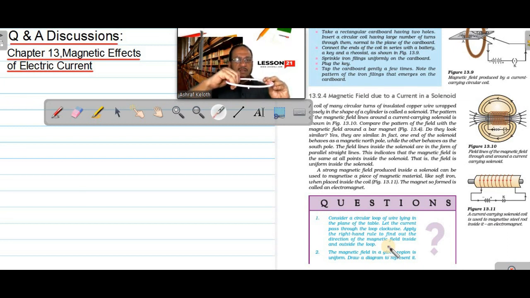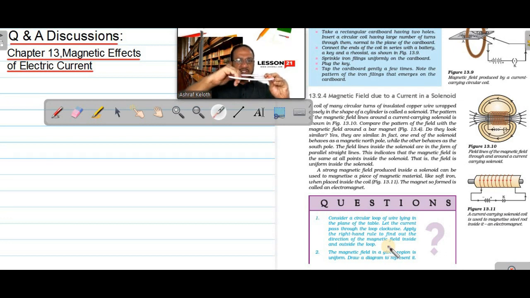The question is asking to find out the direction of magnetic field at a point inside the loop, in this area, and outside the loop, somewhere here. If I am holding like this with the thumb pointing in the clockwise direction, then you can see inside the loop my fingers are going vertically downward. So inside the loop the magnetic field direction will be perpendicular to the table in the downward direction,